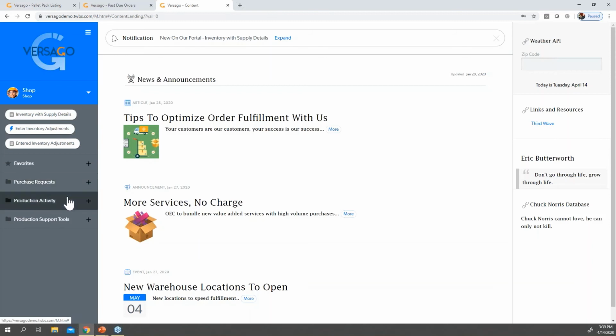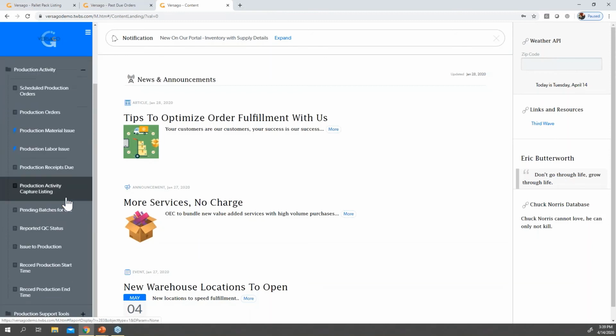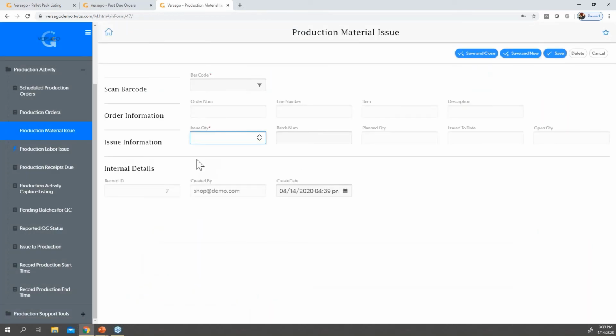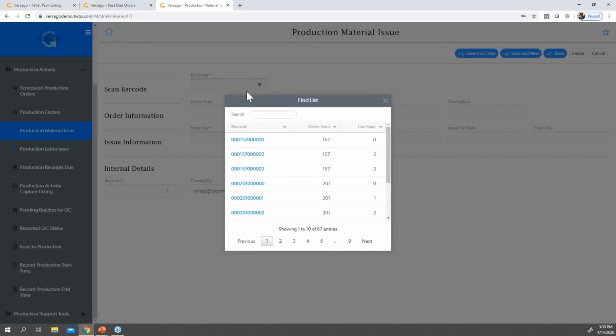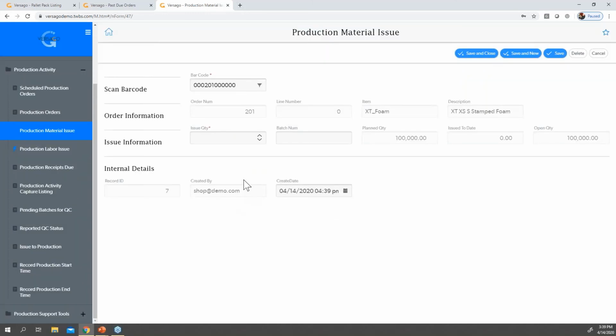So that's where the other side of this comes in, which is really around production material issue and production reception as well. So this is where, if I need to consume materials against a production order, we can simply scan a traveler. It's going to grab that item that we need to use. How many am I going to issue of it?